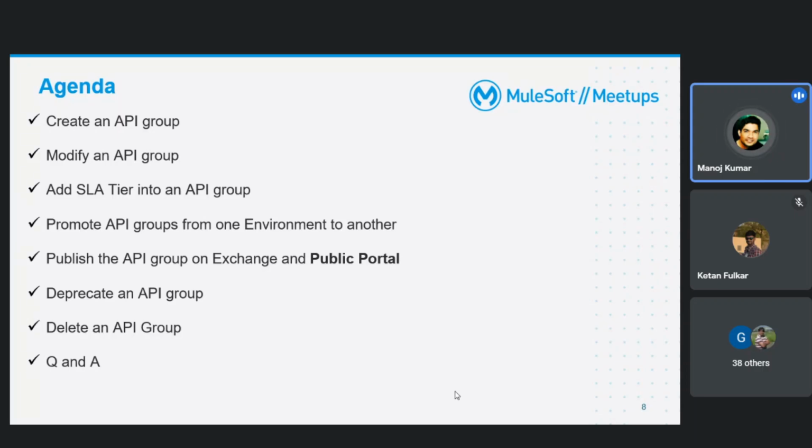But this public portal is a very specific point because you won't find this anywhere in the MuleSoft documentation. So try to catch up this part, and this is very interesting. Then we'll be going towards the deprecation and deleting of an API group. Moving forward,